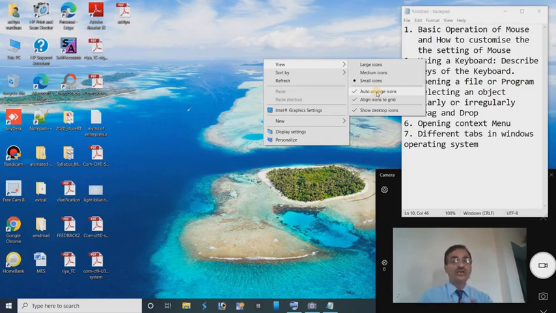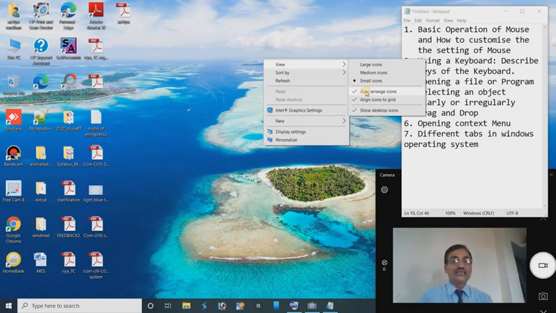So hold down the left mouse button. Click means pressing and releasing the mouse button. So now you have to click here.